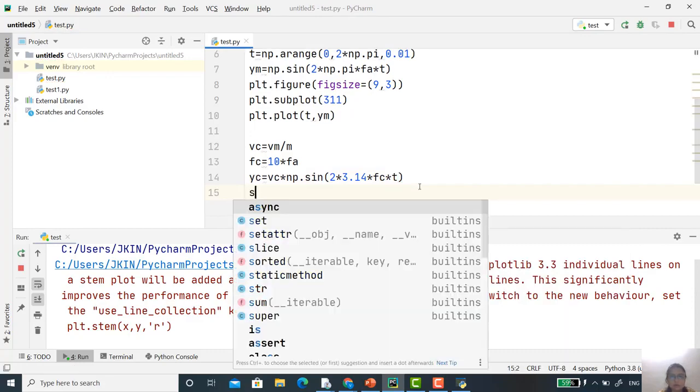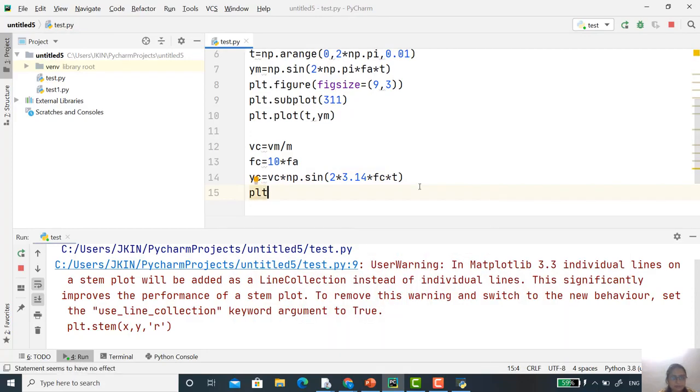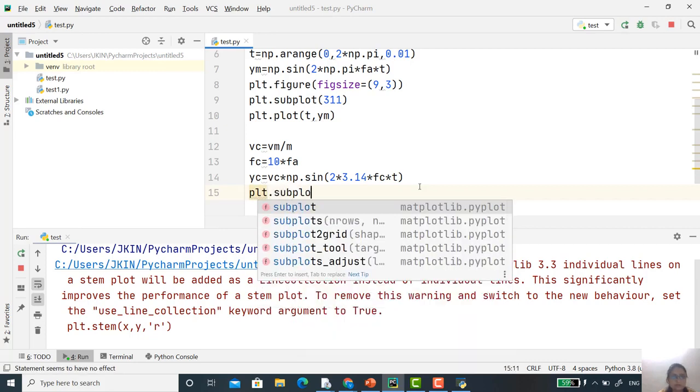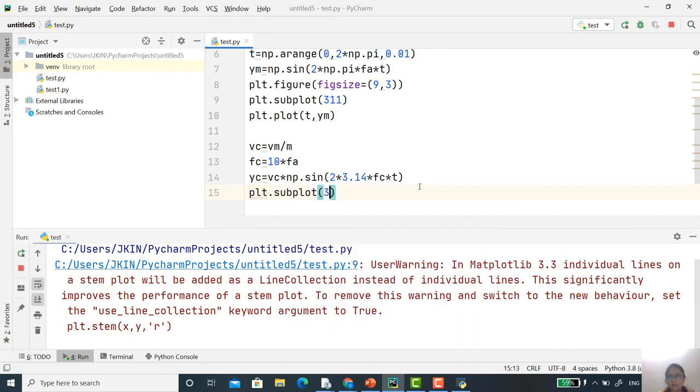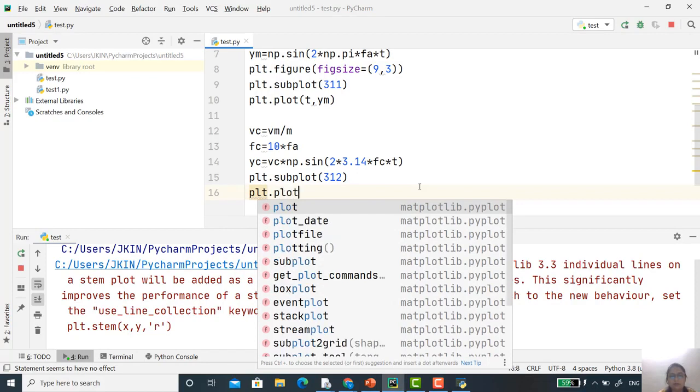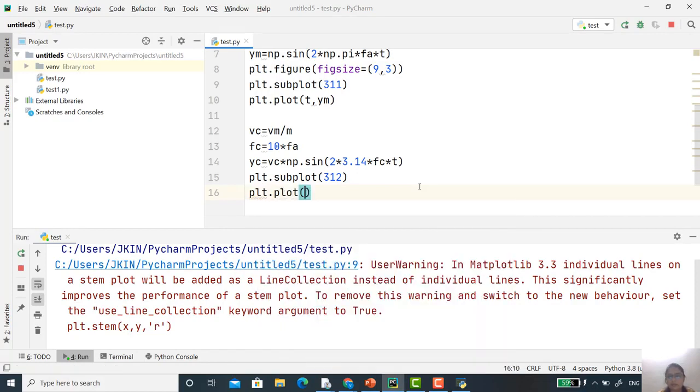Subplot. So it's plt.subplot, and here the number is 312. And you want to plot, that is plt.plot, t comma Yc. See, that represents our carrier signal.